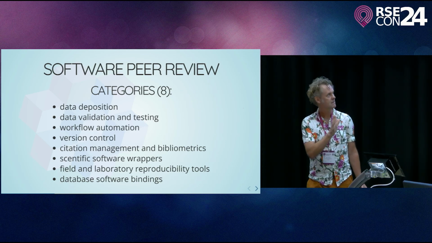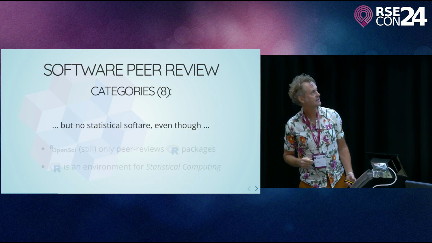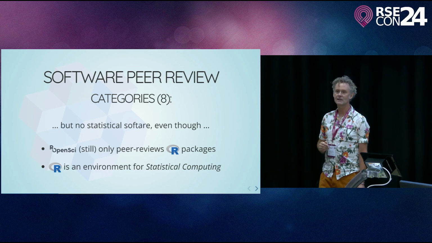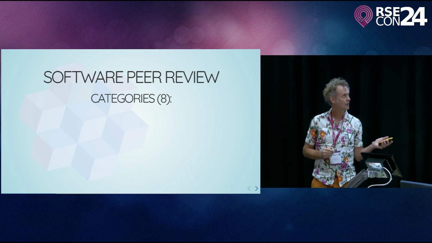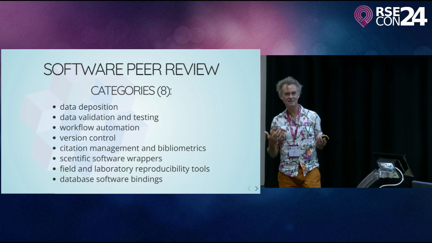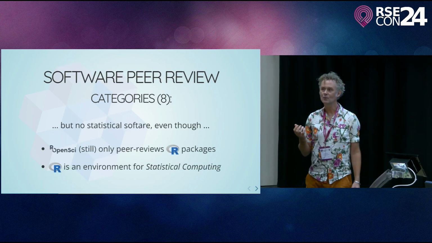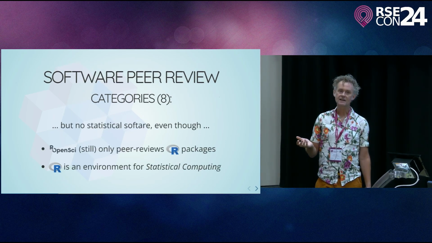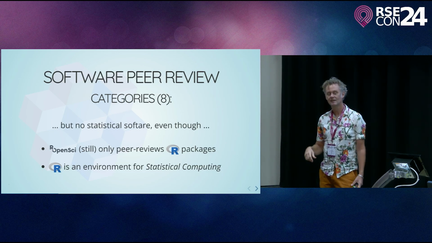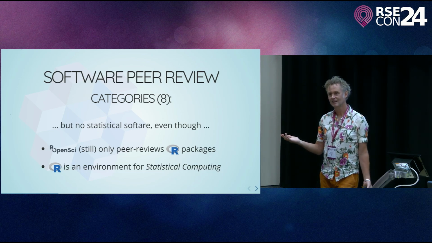I won't go into the details of those categories particularly, but what you will notice is that there's no statistical software listed in those categories. I'll go back just in case. See, there's nothing there that even approaches statistical software, even though we're called rOpenSci and R defines itself as an environment for statistical computing. So this is obviously a grave oversight and something that